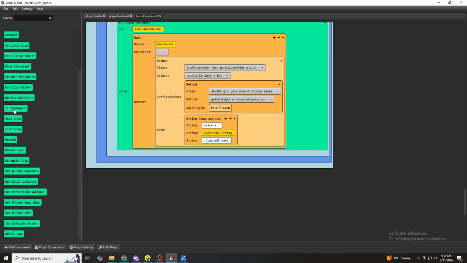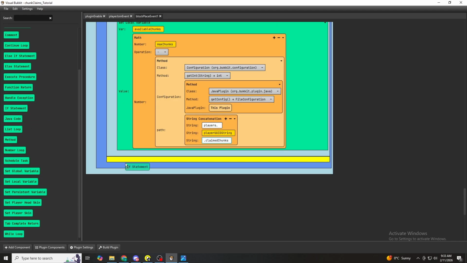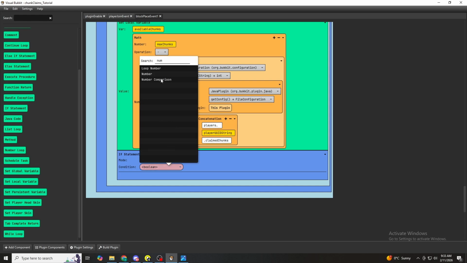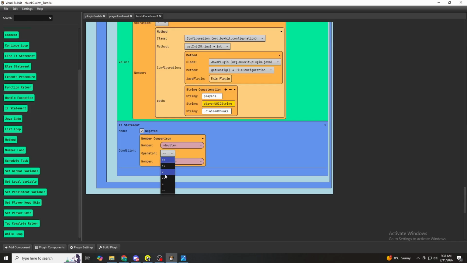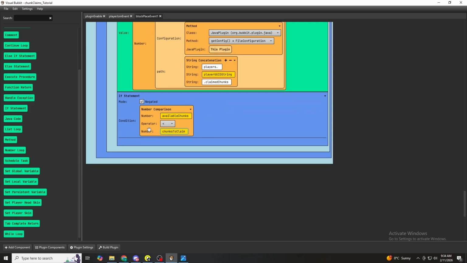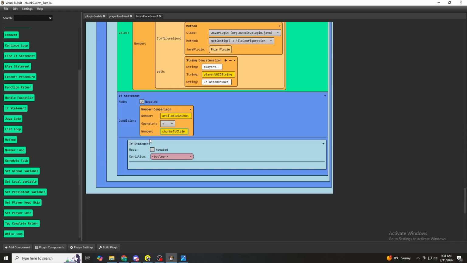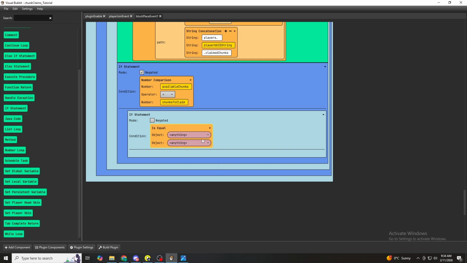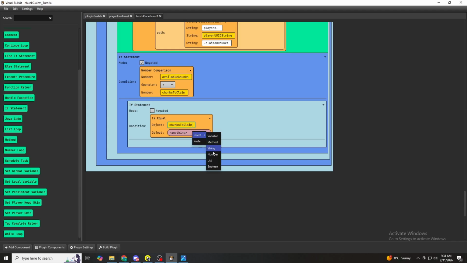So then let's do an if statement under the green here, and we'll set it to negated. Let's do a number comparison. And so if the available chunks is less than the chunks to claim, then we'll do another if statement, is equal, and we'll say insert variable chunks to claim. So if it is equal to 1,